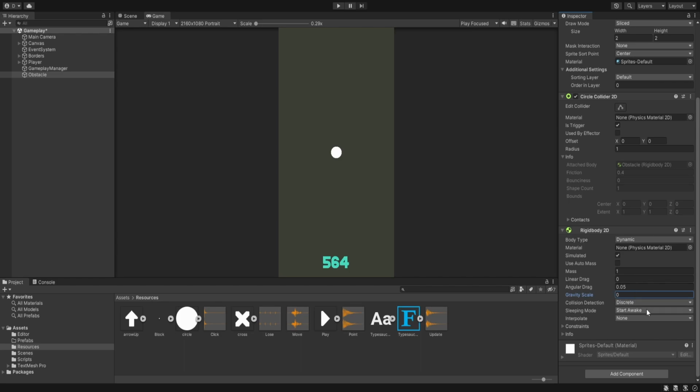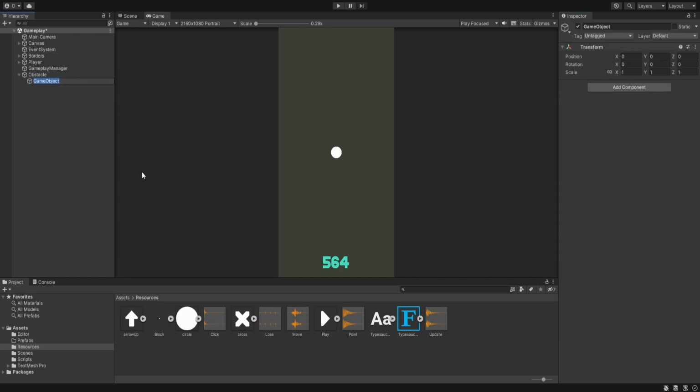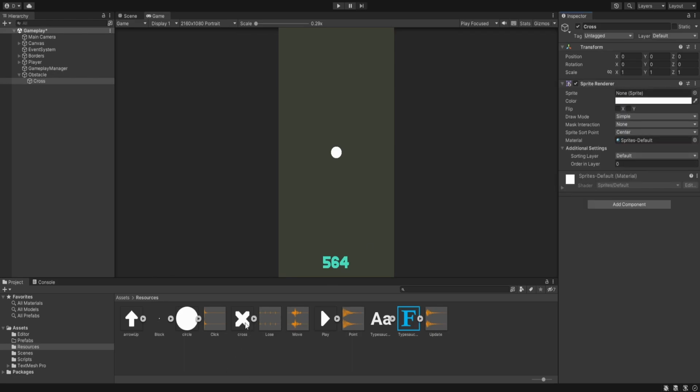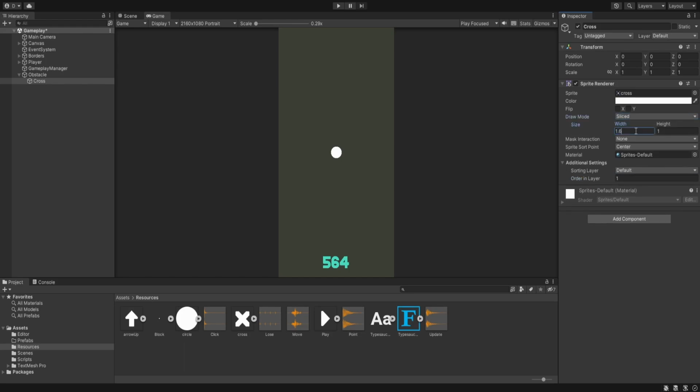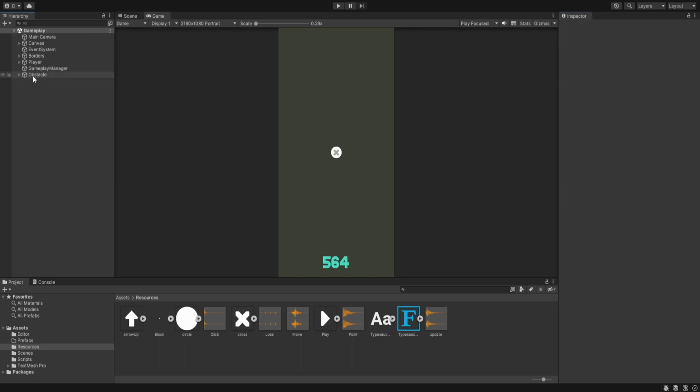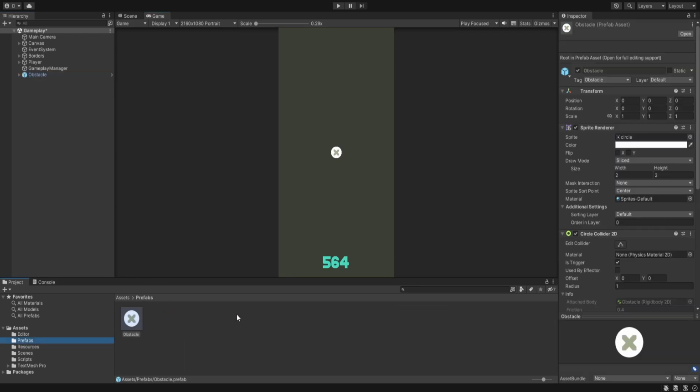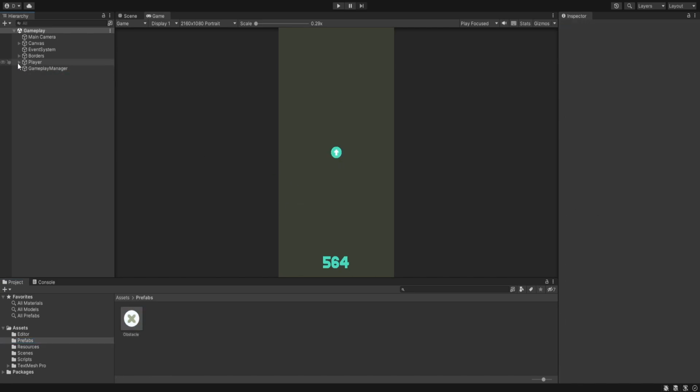And after that it is going to have an obstacle script, and again we'll create an empty, and we'll call this cross, and our cross is going to have a sprite renderer, which is going to be our cross at the top, instead of simple make it sliced, add 1.6, and the color is going to be our dark color. So this is our obstacle, and we are going to save it as our prefab. So maybe, yeah, this is going to be the only prefab that's going to be there,